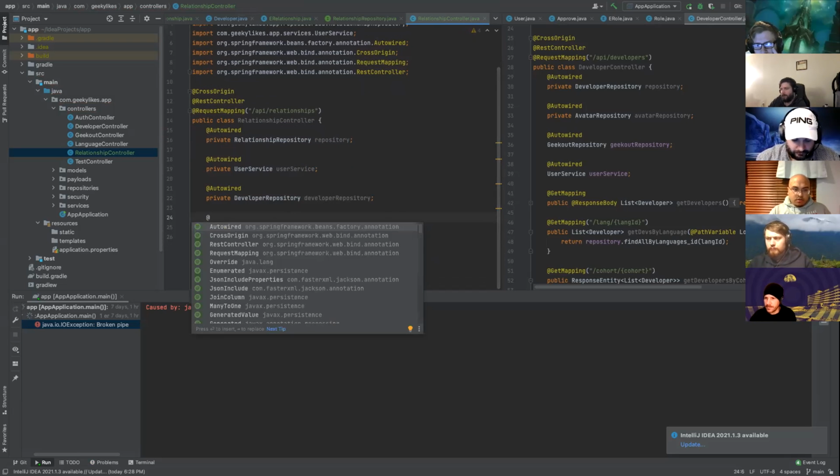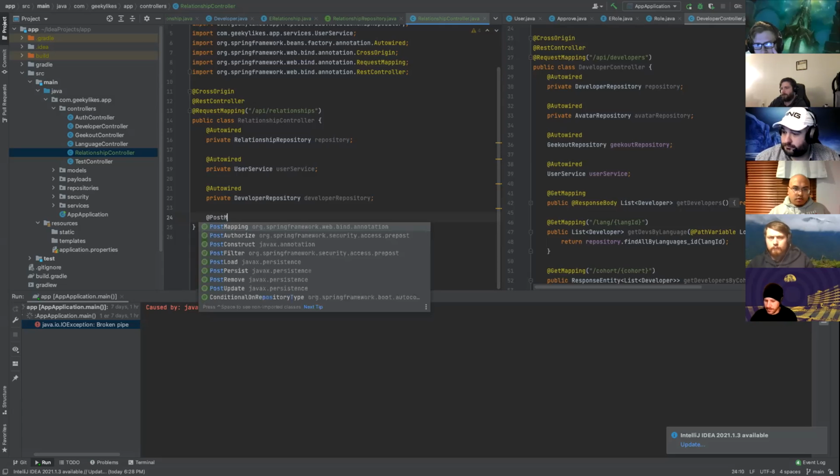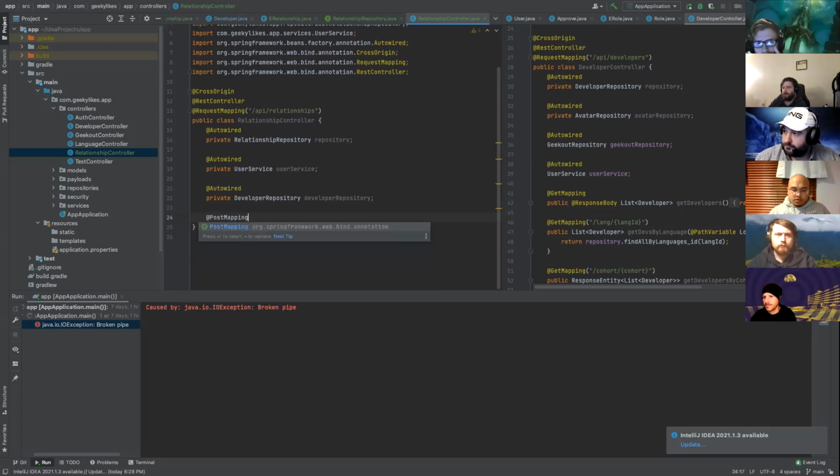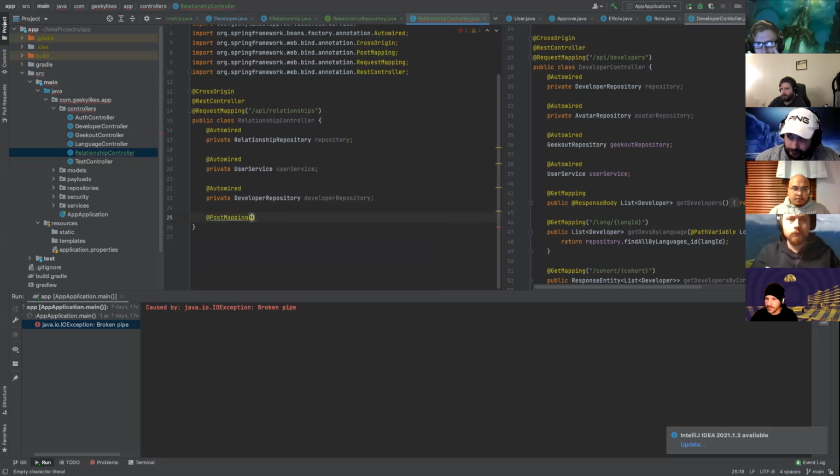Let's do a post mapping quick. So we're just going to do the two creations. We'll do the one create for, so what we'll do as a class is do the post mapping. Well, we've actually probably just do all of them, it's fine. They're going to be simple enough. So post mapping slash, block, oh no, add, sorry. Add